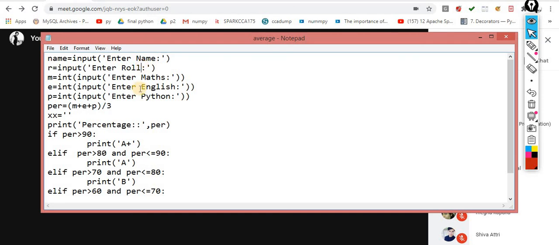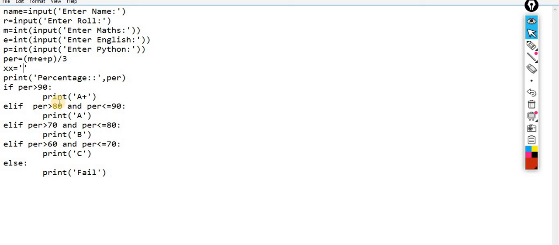Very simple. Now understand this concept inside this variable. Rather than printing it, whenever this condition is true, x value becomes A plus. Perfect. Whenever this condition is true, then x value becomes A.